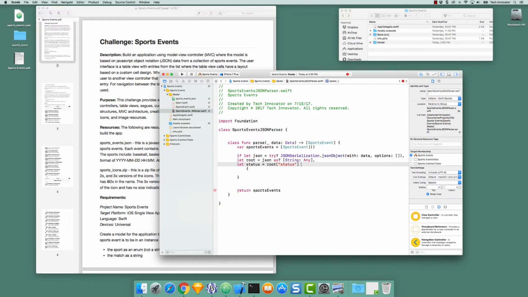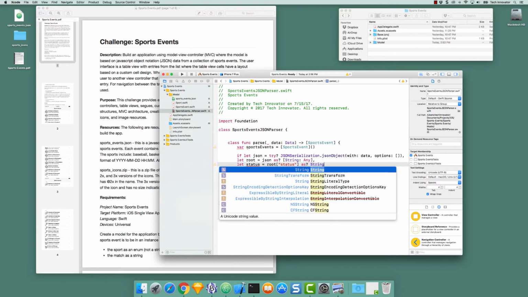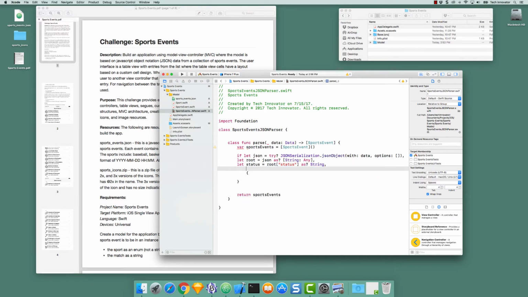And I'm going to need to be able to cast this value associated with the key of status, which right now is cast as an any. It needs to be castable as a string, because the status being OK means that the value associated with the key of status is the string OK. So I'm going to say as string. And then if we get a status, so if we're able to retrieve the status from the dictionary, successfully cast it as a string, therefore we're going to be able to unwrap it and it's going to be assigned to status, then I want to see that status is equal to OK. If we're able to do all of that,